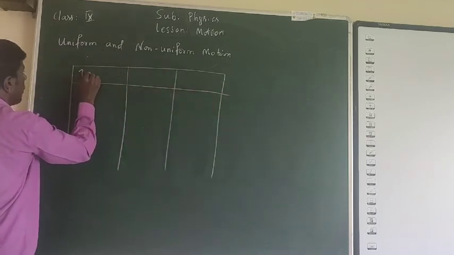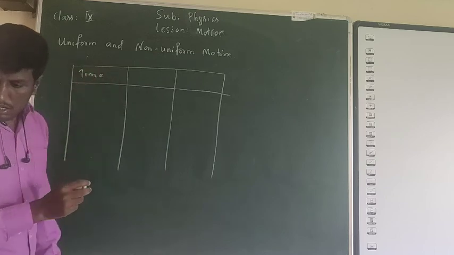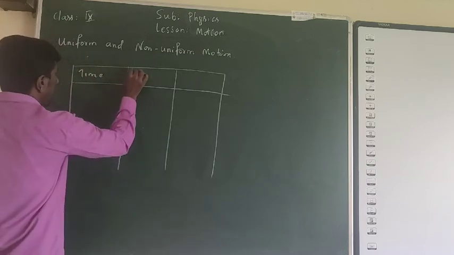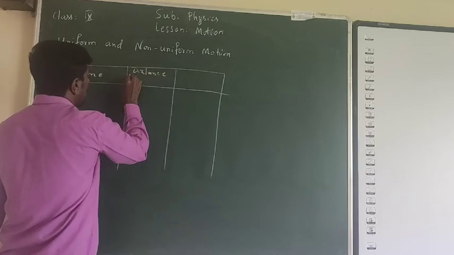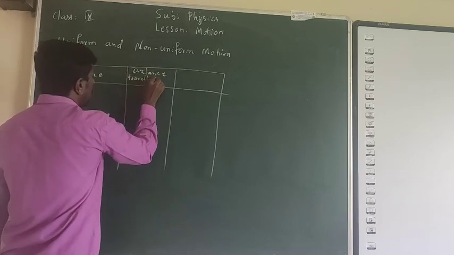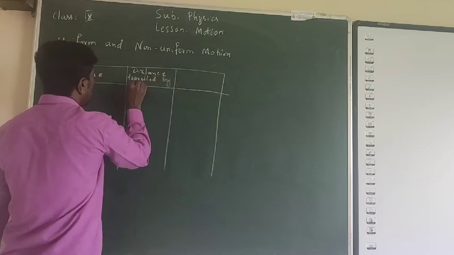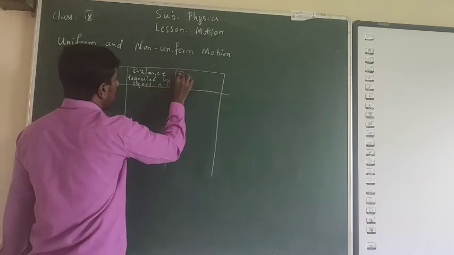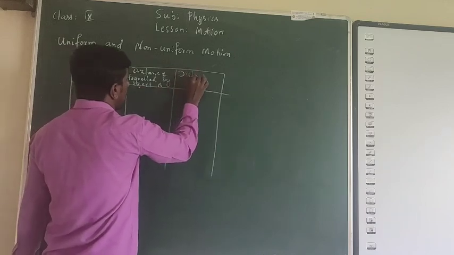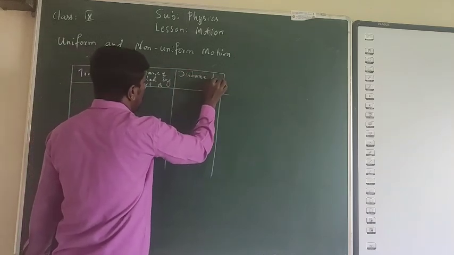Okay. Next one will be distance traveled by object A. Let me take this is object A and let me take this is the distance traveled by